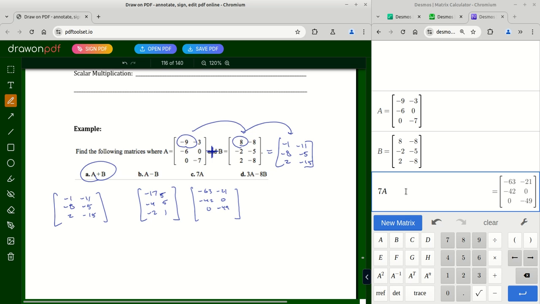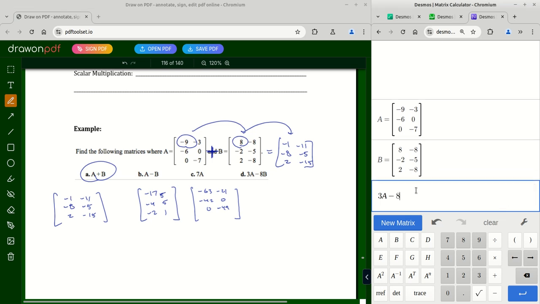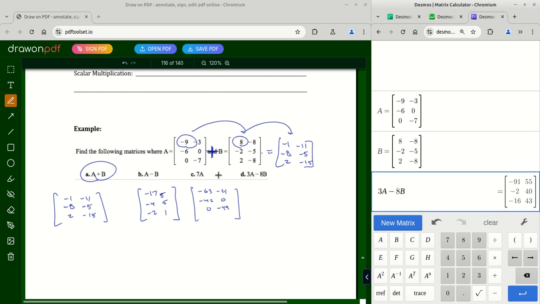Okay. And then finally, the last one, 3a minus 8b. I mean, again, to multiply the 7, it would just be distributed and all that stuff. It's not hard to do these things. Like, look, that's why I got